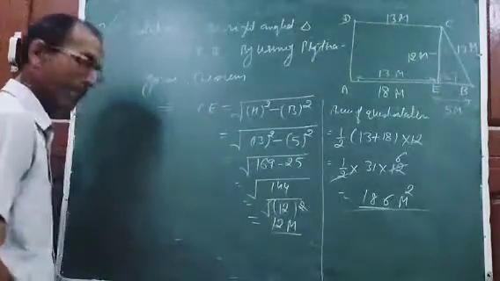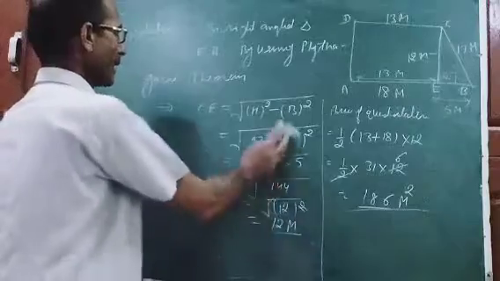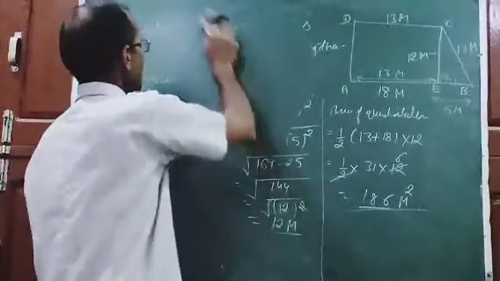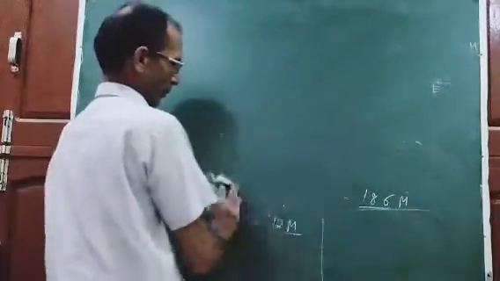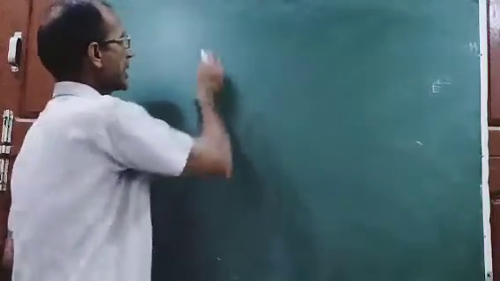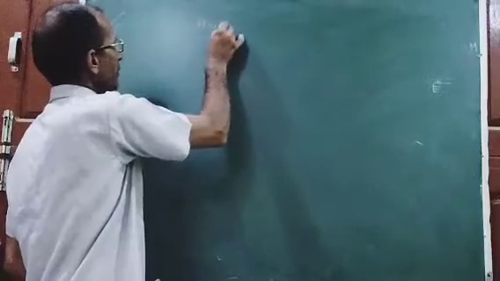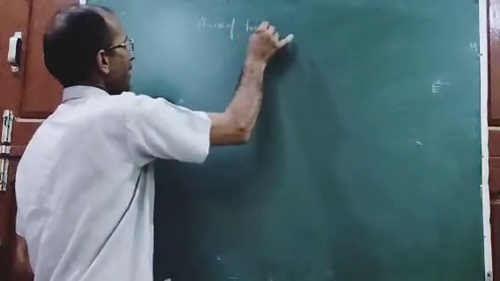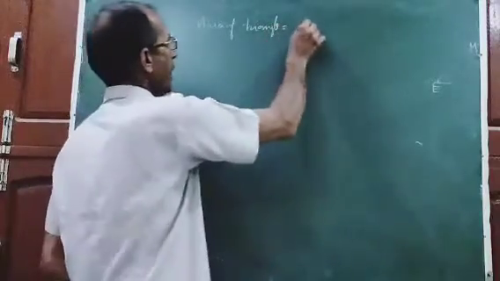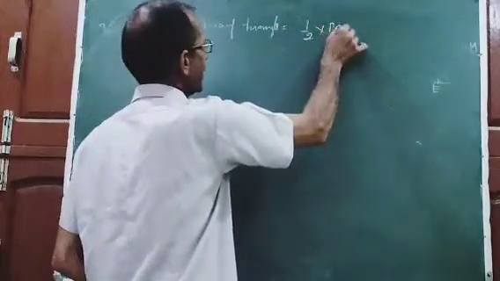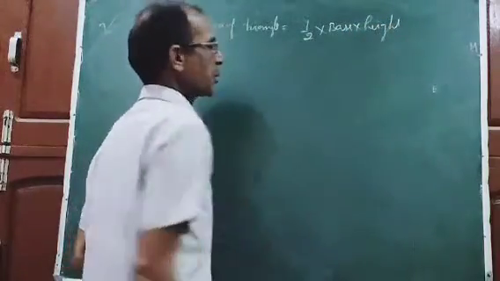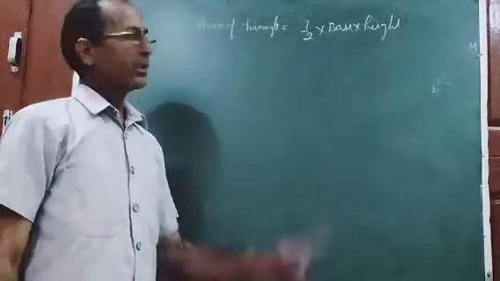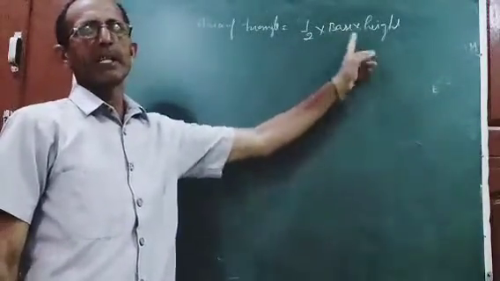Okay, next question related to triangle. In earlier classes, you used to find the area of a triangle. For finding the area of a triangle, you use this formula. Area of a triangle is 1 by 2 multiply by base multiply by height. Generally, you are using this formula if base and height are given. So 1 by 2 multiply by base multiply by height.